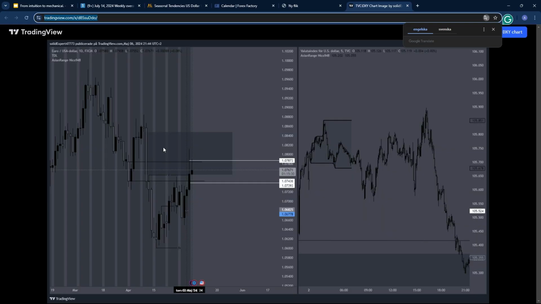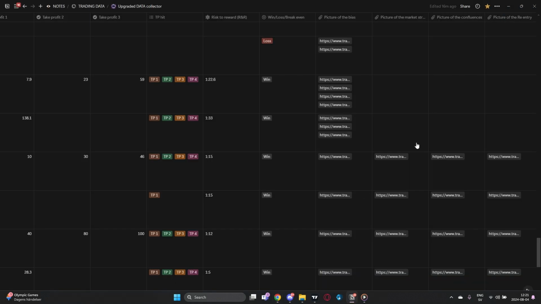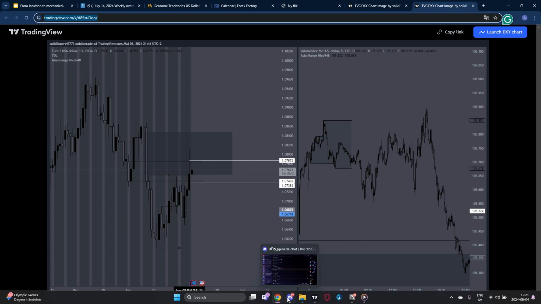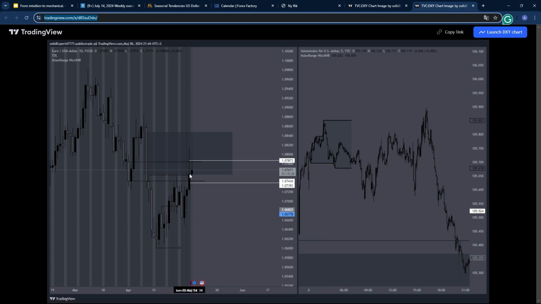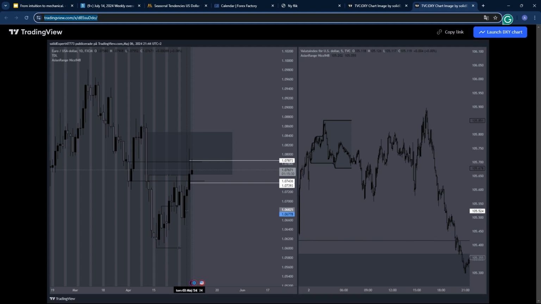This was pretty much the CB I wanted to trade into, as you see. So we had a CB right there. I was thinking we would trade up to the consequent encroachment of that. So that's pretty much what I thought we would do. Next picture. Yeah, it shows that we would go lower a little bit, but it also shows the times, etc., etc. I entered in, and it also shows, of course,